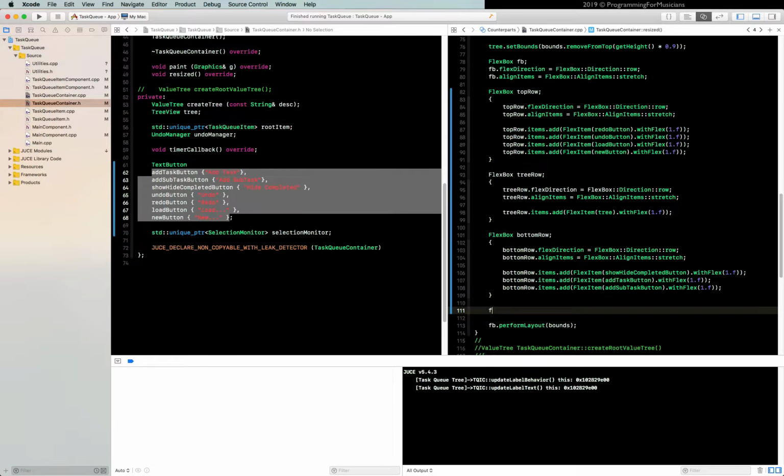So we'll do fb.items.add flex item. This we'll go like that, and we'll give these guys just a flex of 1 all around. With flex 1, we'll give them a min. We'll do the rows with buttons. We'll do them with some height of like 20 to 30. So we'll do with